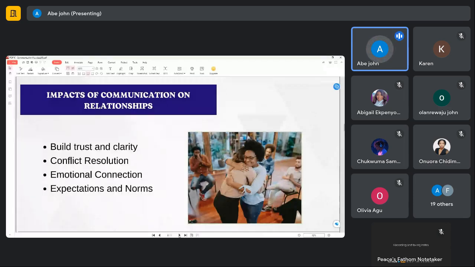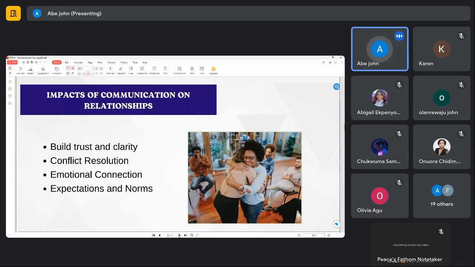And there's always clarity. Like I said earlier in my explanation, clarity comes in when you have effective communication with each other. You don't have to start going back and asking questions over and over again. Once you guys talk about it, you understand clearly. So that's what communication helps out with in relationship.